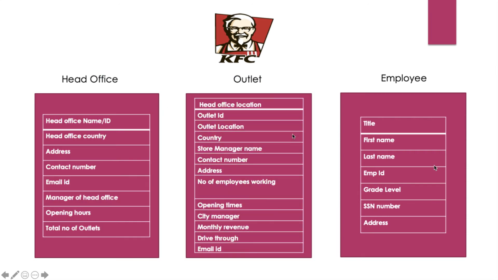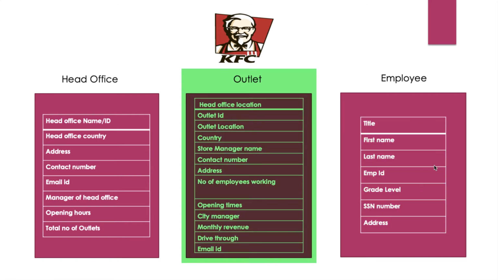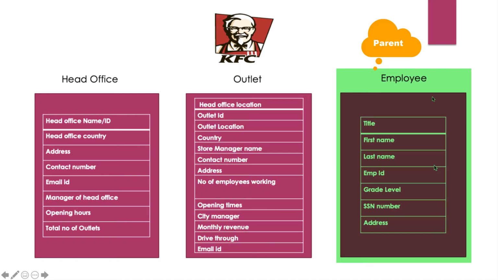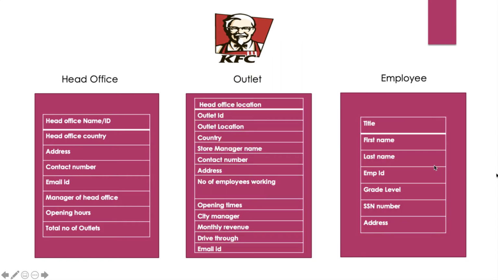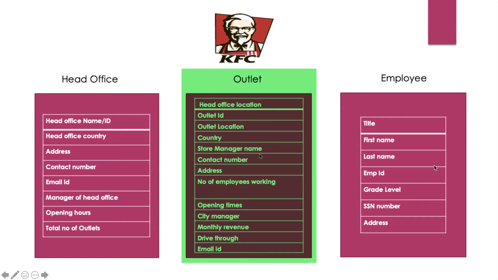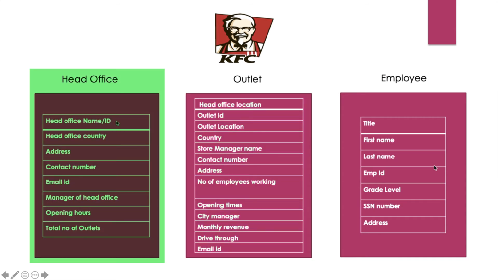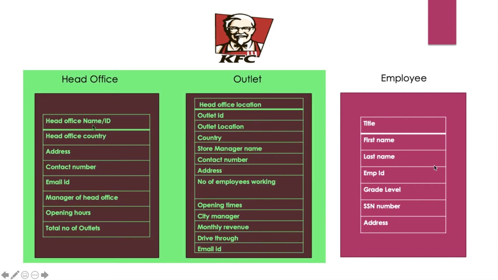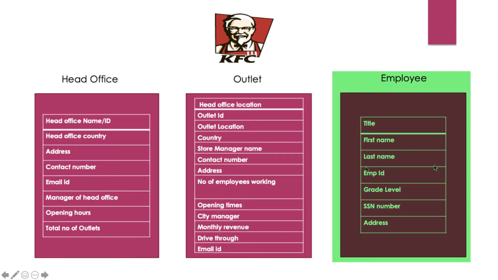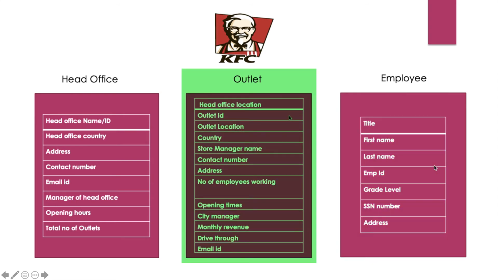If you get a requirement just opposite to master detail, there we create a lookup relationship. What is the opposite? If we delete an employee, we need not delete the outlet. Here what is the parent? Employee is the parent and outlet is a child. So in both cases, outlet is the child. If you delete the parent, the child has to be deleted. That is called master detail between these two. If we delete the parent, only the parent record has to be deleted. There is no impact on the child.